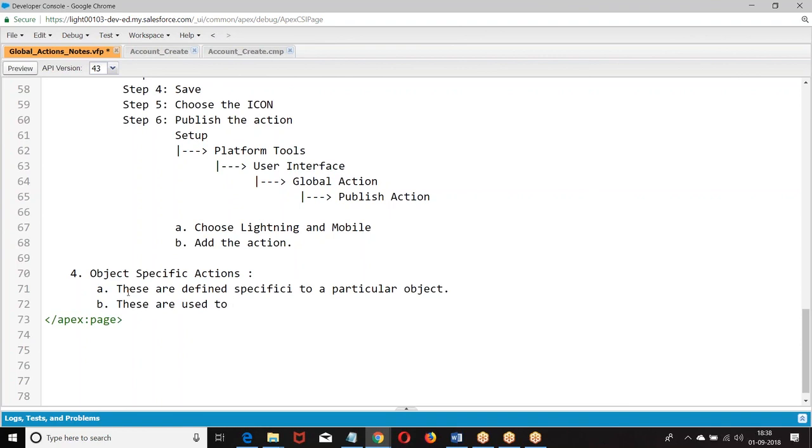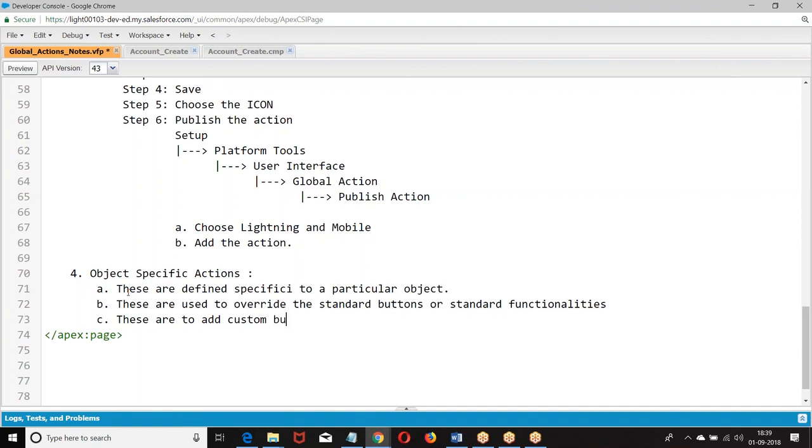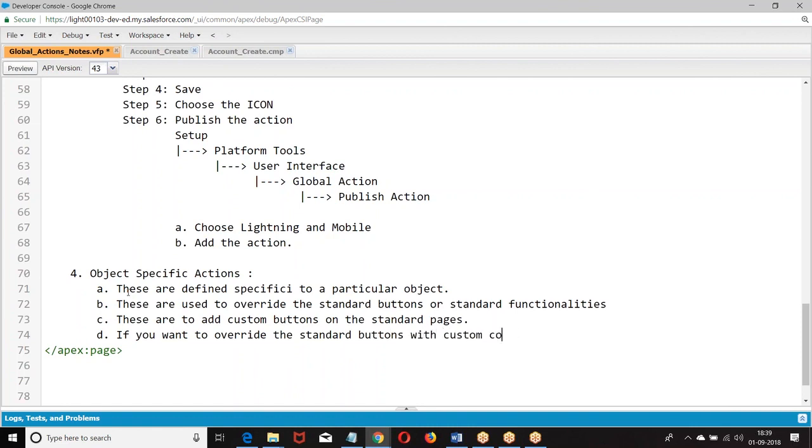These are used to override standard buttons and build custom components.